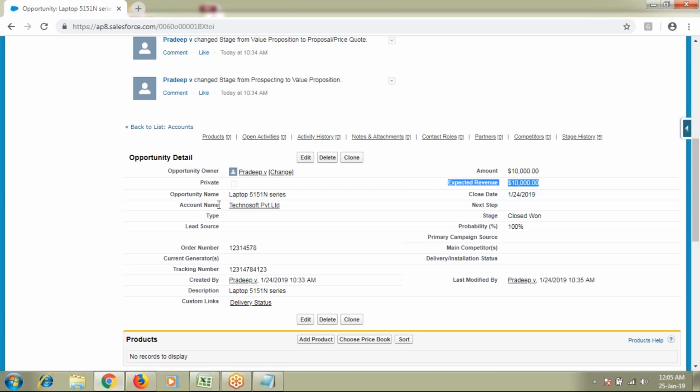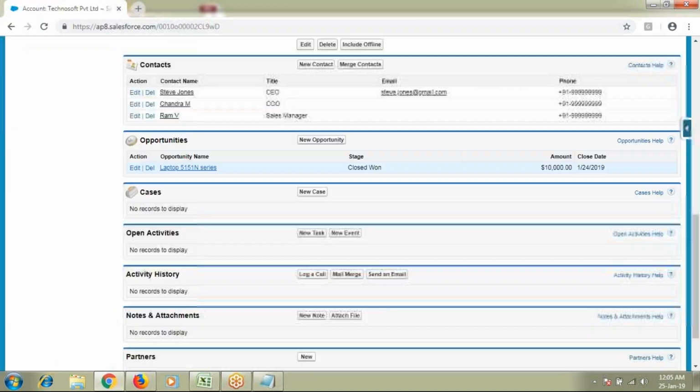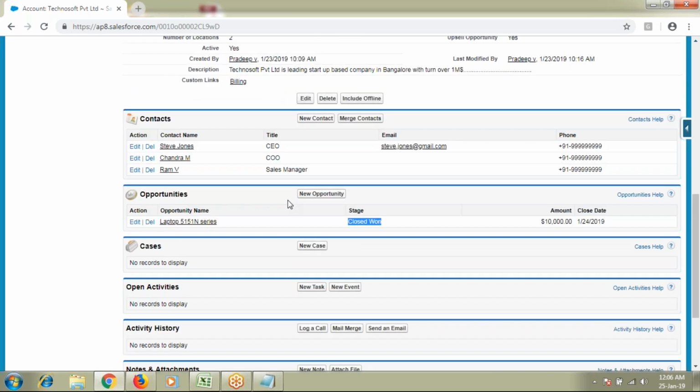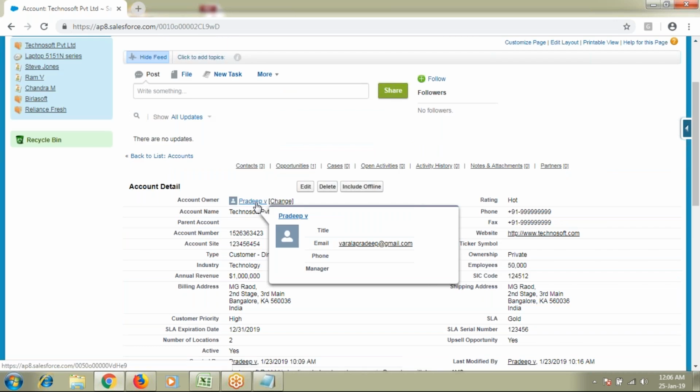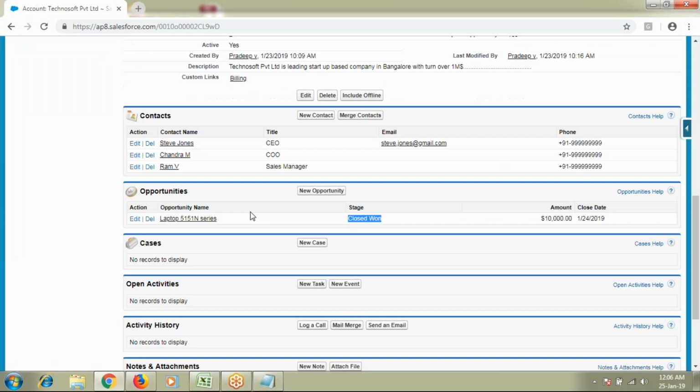And now if I go to this account, click on your account, and here you can see the opportunity has closed. Now the same customer, maybe in the next quarter or maybe after some period of time, again they'll come up, and now this time they'll ask us to release a few more products. Now what we have to do, we have to create another opportunity. Okay, so in the next class we'll create another opportunity and we'll take it to the closed lost, and we'll see what will happen if we change it to the closed fields.